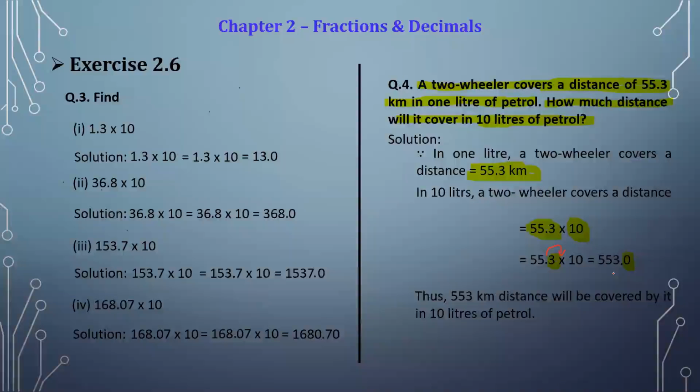Therefore, 553 kilometers is the distance that will be covered by the vehicle in 10 liters of petrol. In this way, we can solve the examples in which we are performing the product of decimal numbers and product of whole